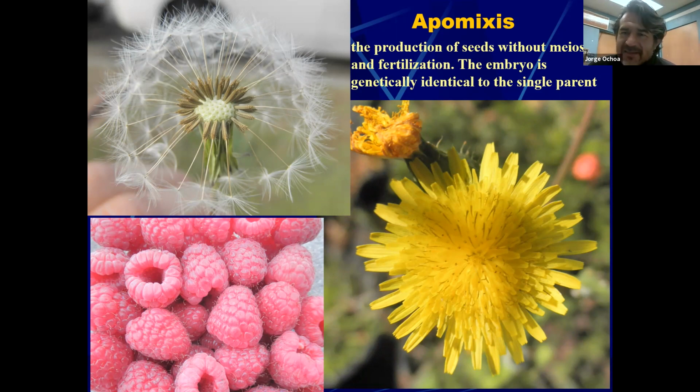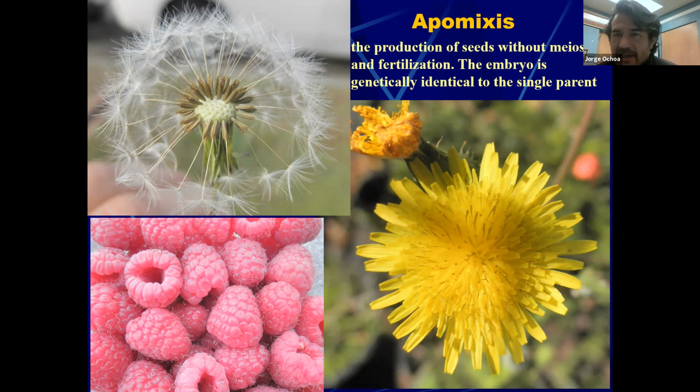And there's a reason why dandelions are kind of prolific, because every single time there's a flower, that flower is going to turn into a lot of seeds. And so they don't rely on the insects, they don't rely on weather, temperature, or anything else. They have a flower, the ovules in the flowers are going to turn into a seed. So they just morph into an embryo, and the embryo will behave as if it's a pollinated seed. And the raspberries would be another example where you have a flower, the fruitlets are going to develop and mature as if they were pollinated and fertilized.